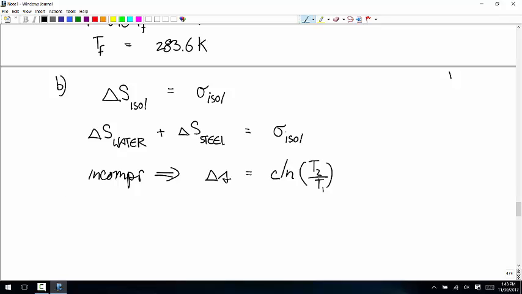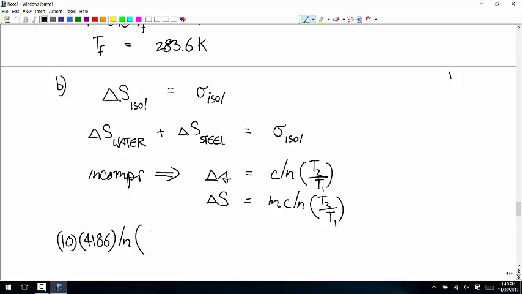And so just add both of these two up and multiply them by, so the change in extensive entropy is the mass times C times the natural log of T2 over T1. And so we have 10 times 4186 times natural log of 283.6 over 283